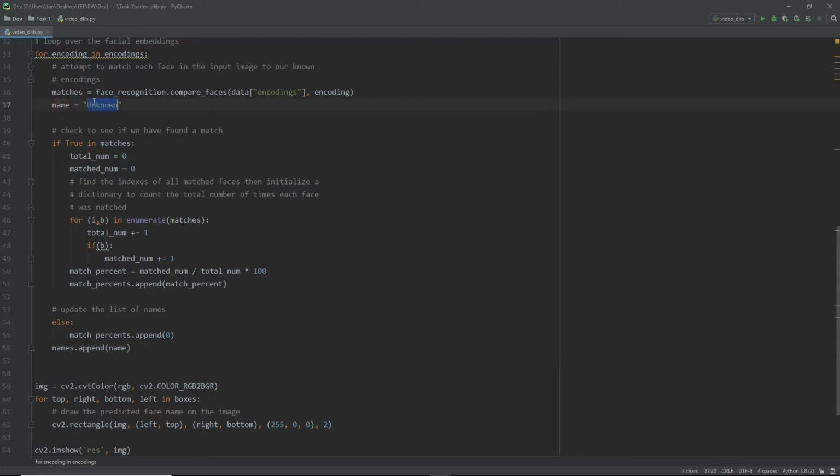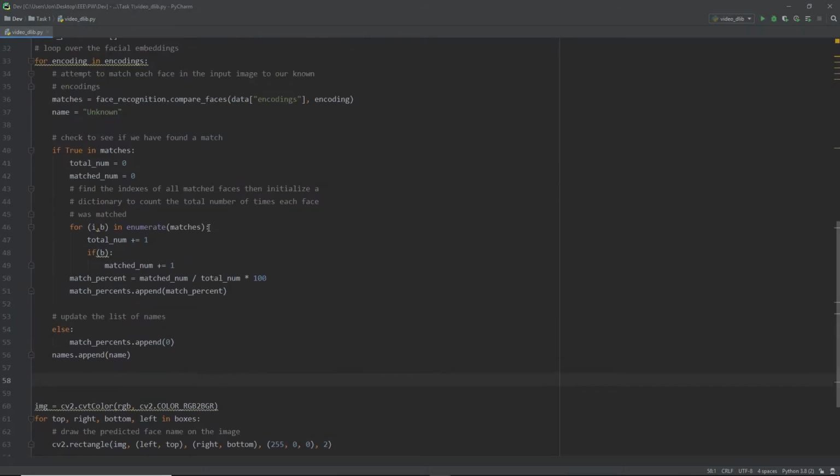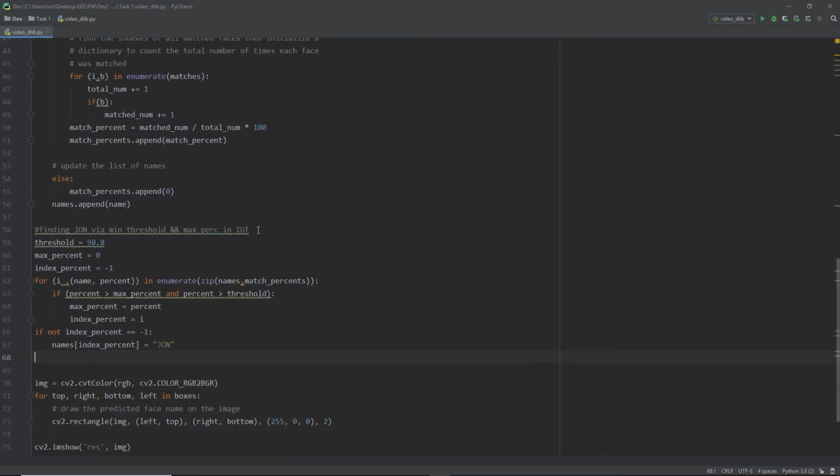This "unknown" is just a placeholder because I assume that all faces we detected are not me, and later on, once we narrow it down to be me, we'll replace this with my name. Next, we want to find me within this list of faces, so we'll use the same concept as LBPH. We'll find the match with the highest match percentage given a certain threshold, and then we'll append my name, John, onto names at the same index as the highest